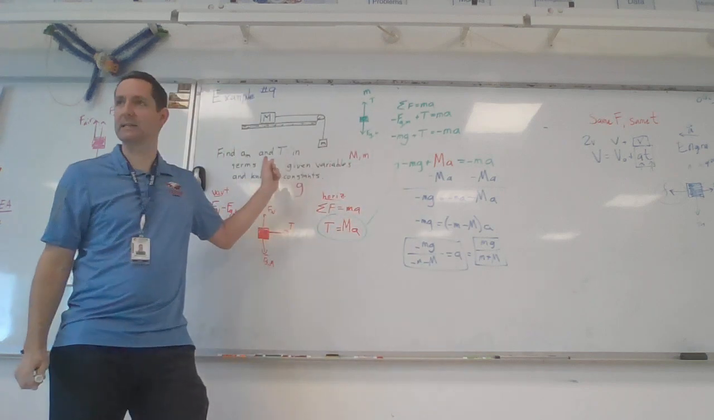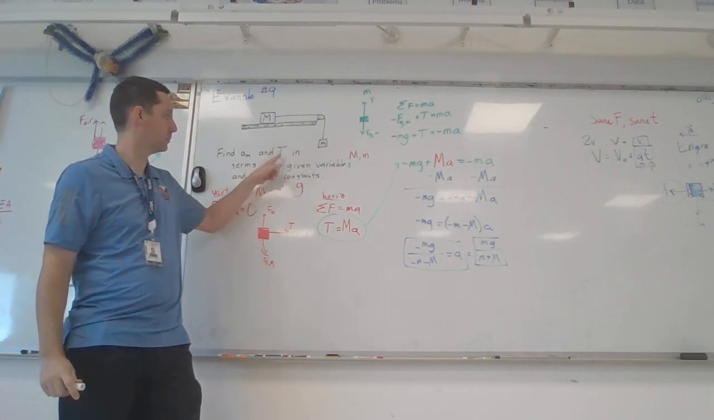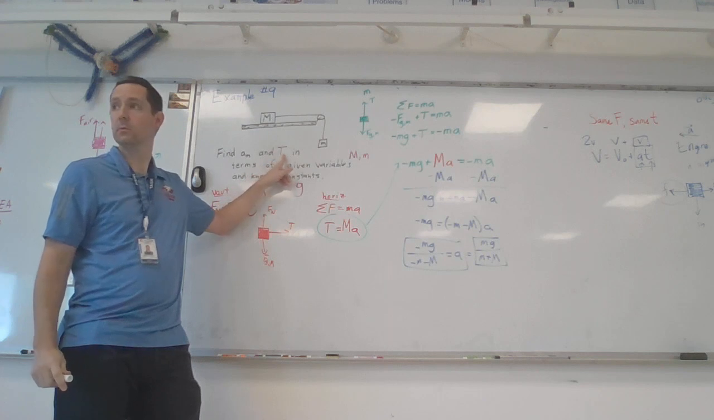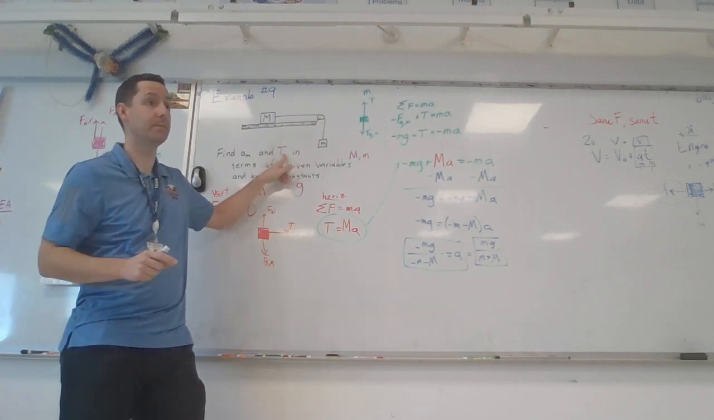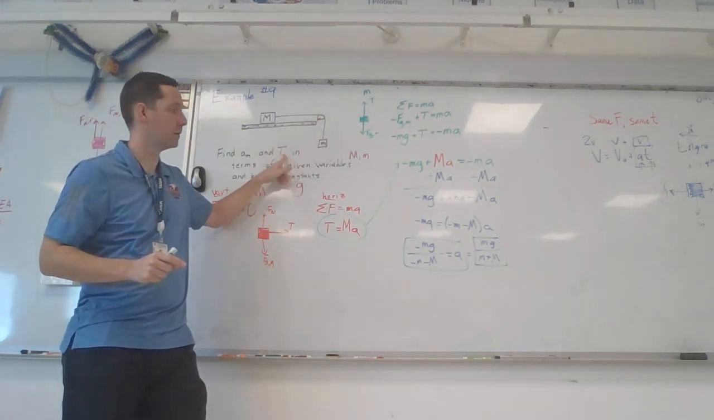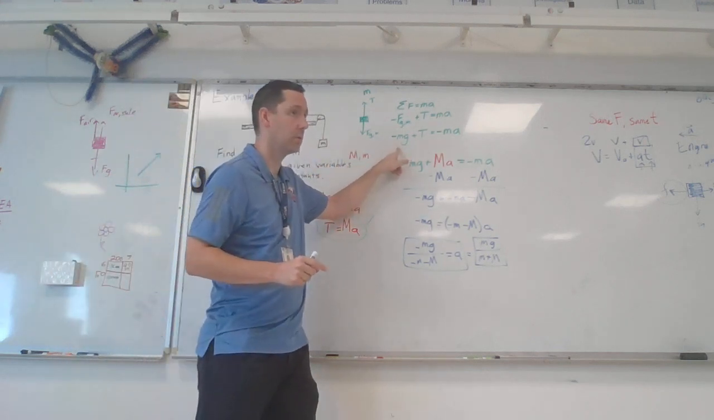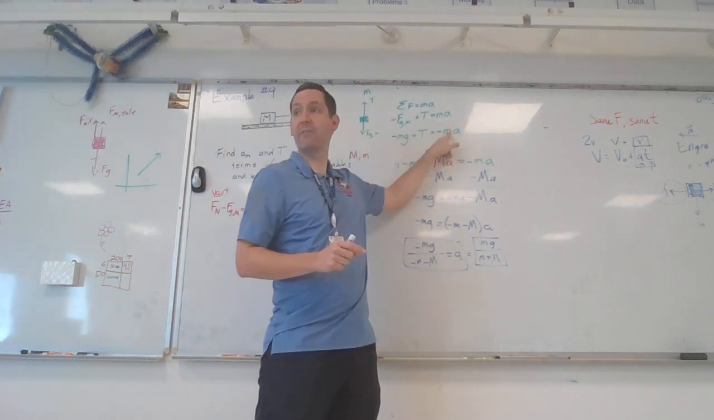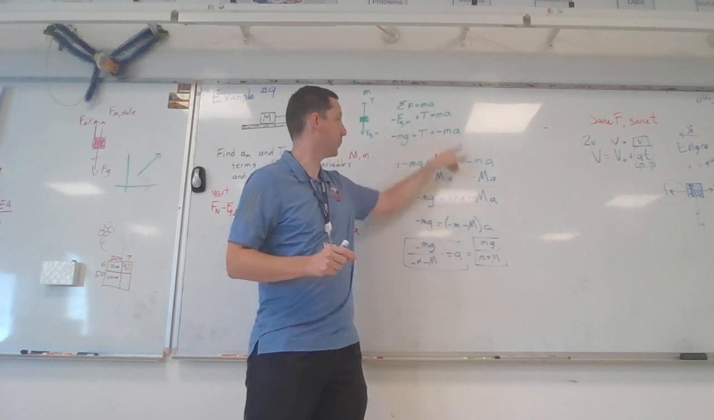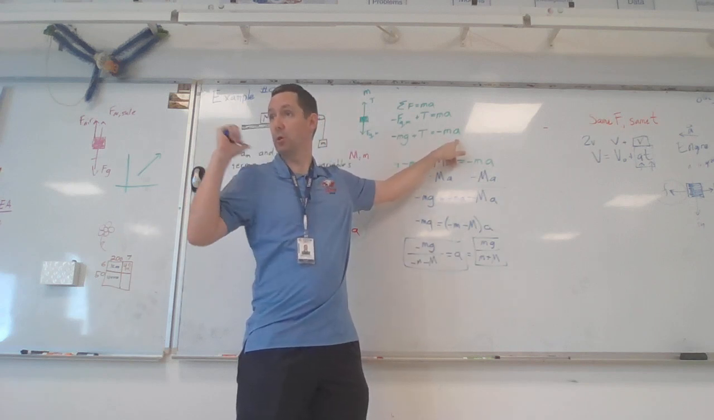The other part of the question was to get tension. How would I get tension? Yep, I could move the mg over. Now that I have an A, I could plug that in for the A. Remember, A is not allowed. You can only use the variables that they allow. You could do that. Or